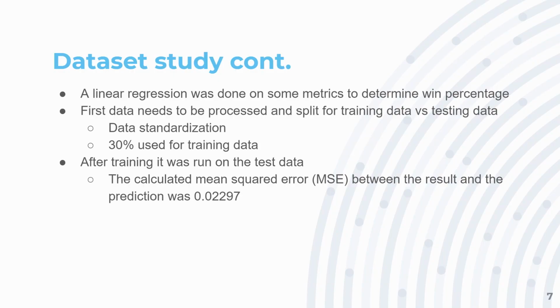The first model used to determine offensive success correlating to winning percentage was a linear regression. The data that was chosen to be used for the model was pass attempts, pass completions, interceptions thrown, passing yards per attempt, rushing yards, rushing attempts, and fumbles. These were chosen since they give a holistic view of how the offense is doing both positively but also negatively. So if they're fumbling a lot and not creating yardage, passing or rushing, then it's also a good indicator of